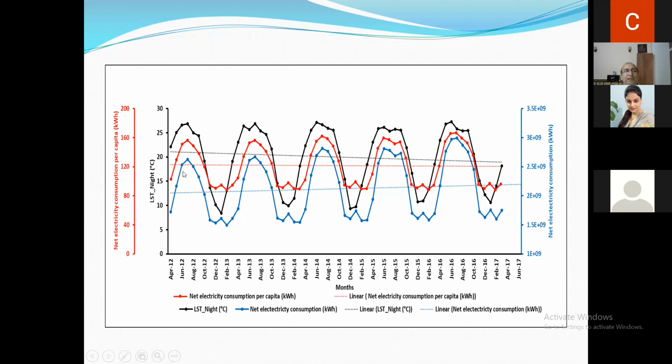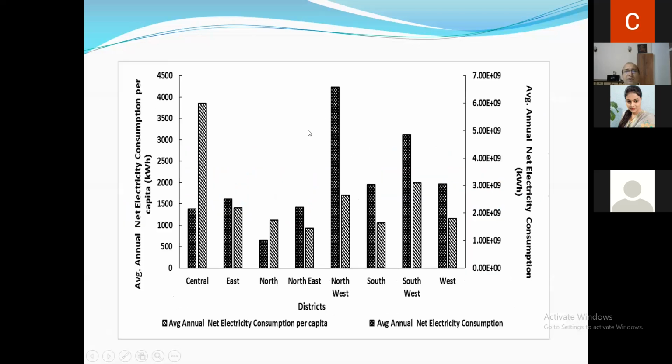Now, these peaks, if you see, whenever the land surface temperature is high, this black one, you see these peaks, how well they are matching each other. This is the land surface temperature, and this is the net electricity consumption. So whenever the land surface temperature is more, the electricity consumption is also more. Whenever the land surface temperature is less, it is less. How well their patterns are matching, that is what I wanted to show you. So using this, we computed the net electricity consumption per capita